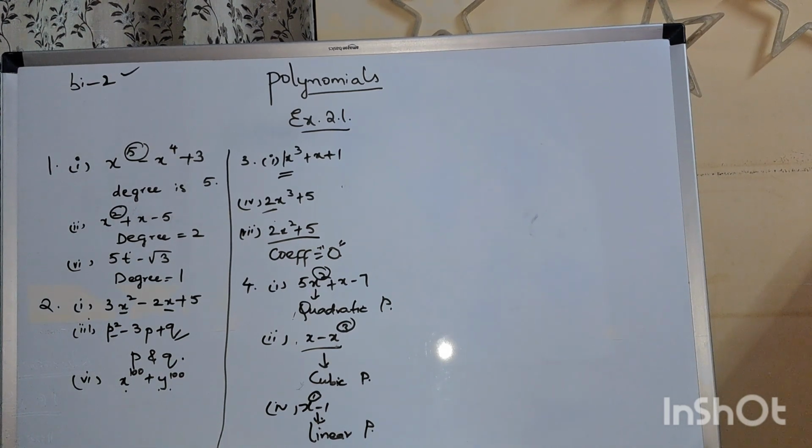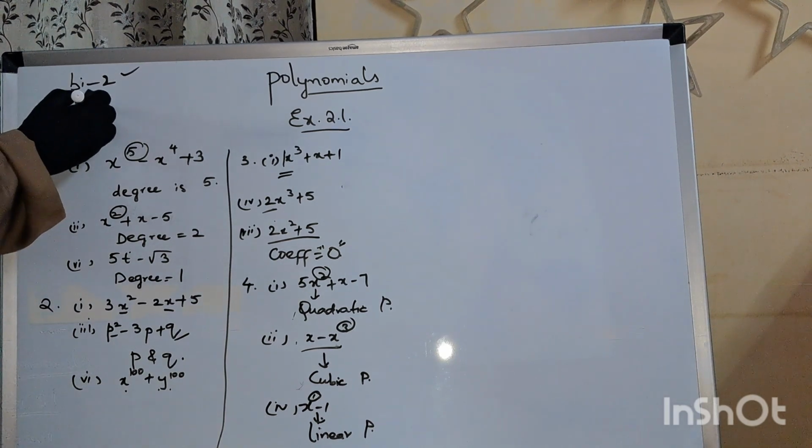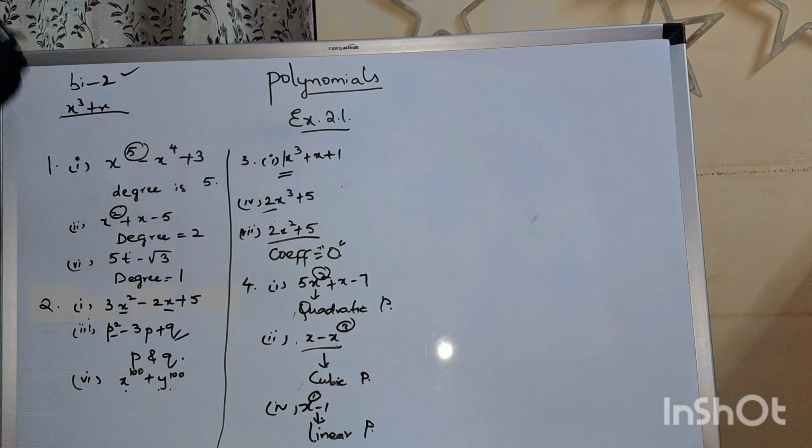The third one, binomial may have degree 3. By itself, it is saying that it is 2, right? So binomial means the expression which is having 2 terms. It doesn't have any relation to degree. So a binomial may have degree 3. Yes, it is true, because if I write x cube plus x, this is also a binomial because we are having 2 terms, right? So binomial may have degree 3.